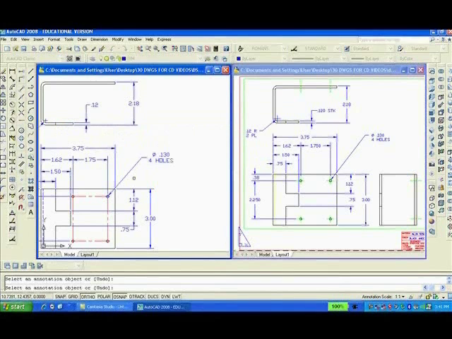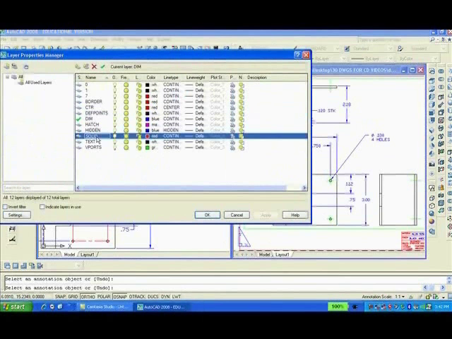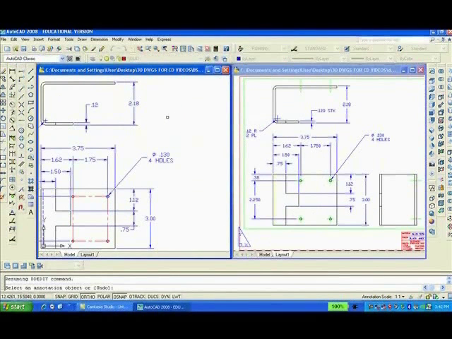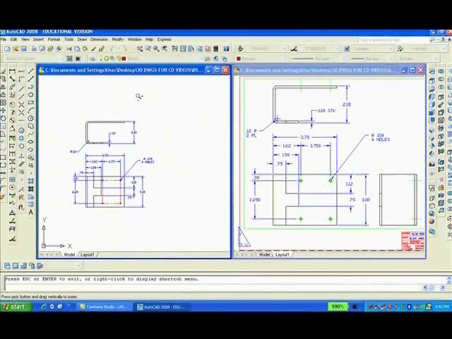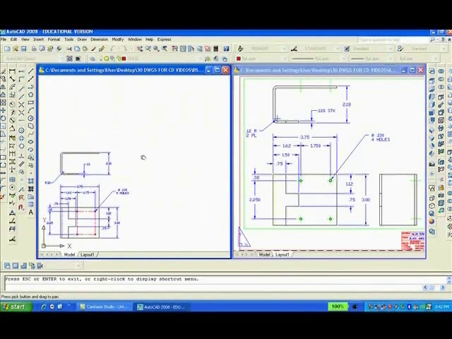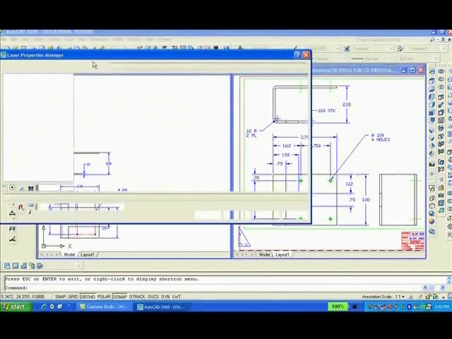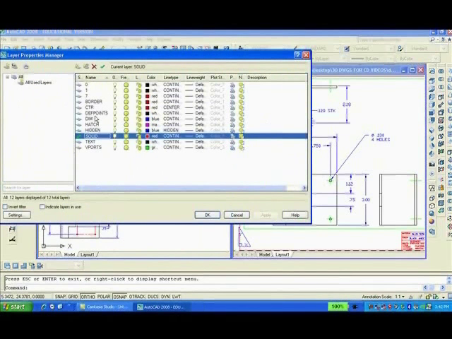Now we want to start in on the solid model, so I'm going to make layer solid current. And then I'm going to pan, shrink the whole thing down, put it in the lower left corner. Also, it's probably a good idea to make layer solid current, freeze the dimension layer,